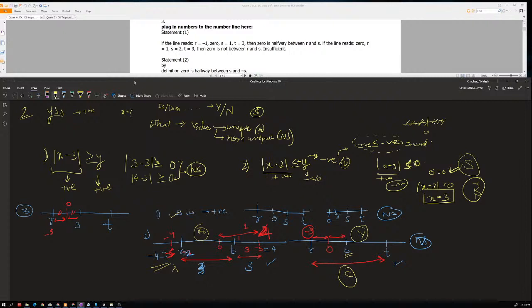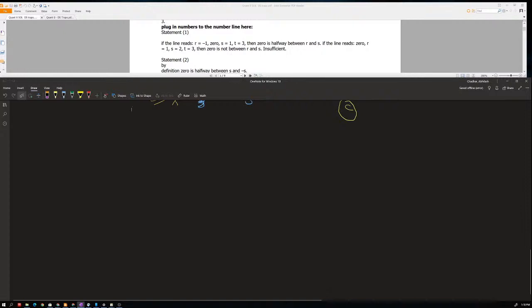Let's draw what they want. They say that if the line, this is the line, if it reads minus 1, 0, 1, and 3, so this is basically R, S, and T, then 0